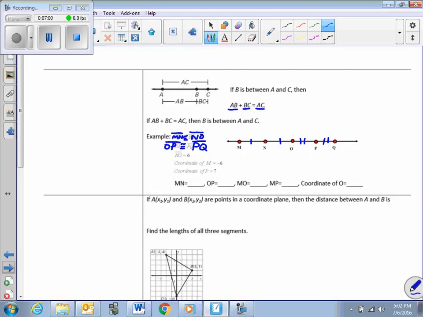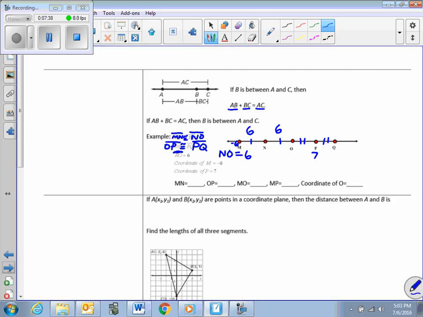Always mark your drawings. And this tells me that this should not have a line up here. I hope that's NO and not NQ. NO equals 6. That's actually an error right there. That little line should not be there. The length of NO equals 6. So I'm going to go ahead and put that here. This is 6, which means that's 6. All right, the coordinate of M is -6. So if this is -6 right here,